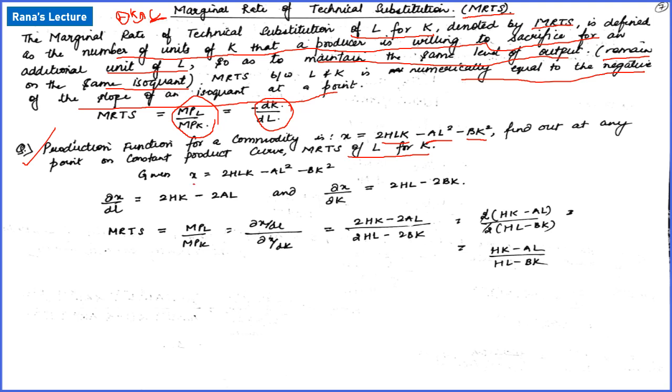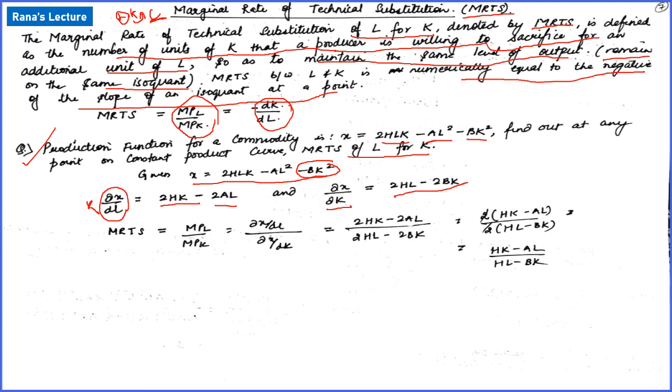Let us differentiate this. Delta x by delta L, differentiating with respect to L, so our K will be constant over here. This will be 2hk and this will be minus 2al, and this becomes your 0. Again we calculate delta x by delta K. This is what we will get,